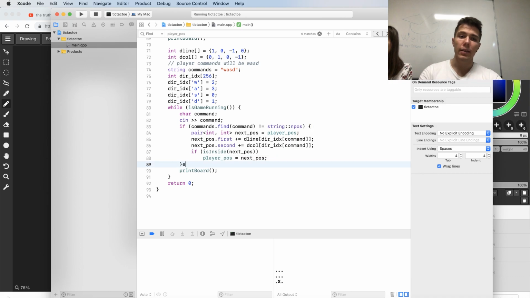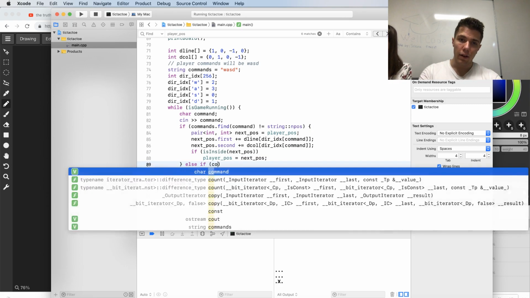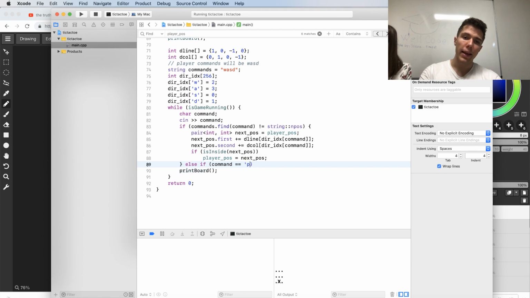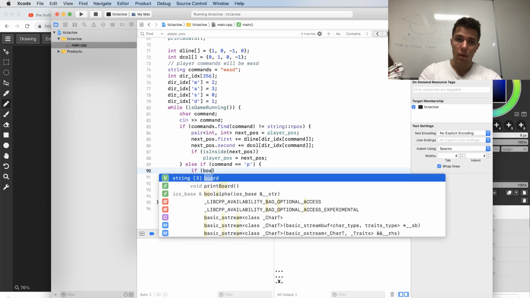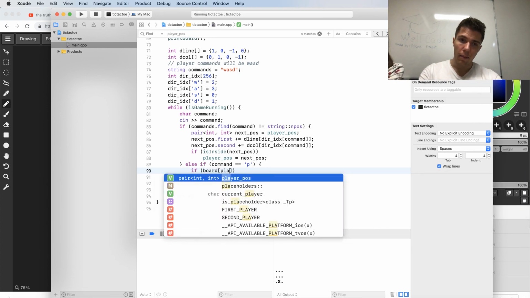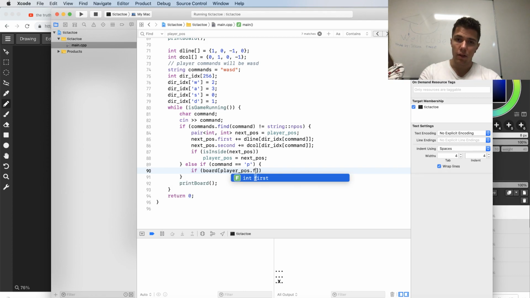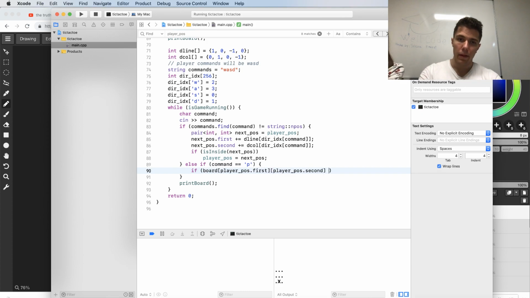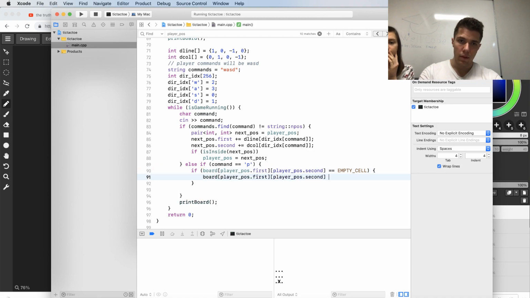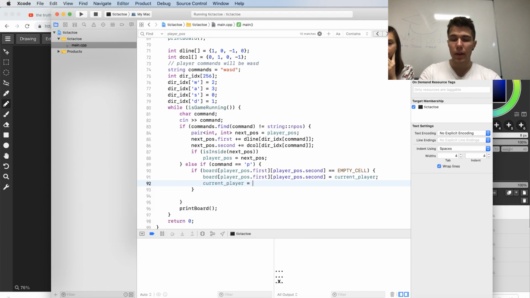And then else if command equals p from place, then if board of player pos dot first and player pos dot second equals empty cell, then board of this will be current player, and current player will be